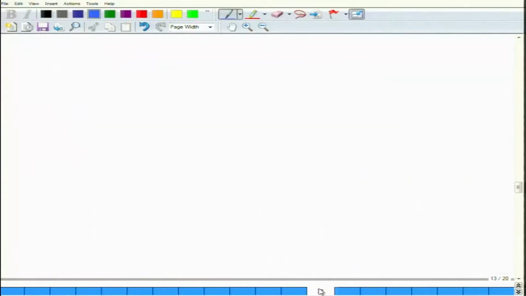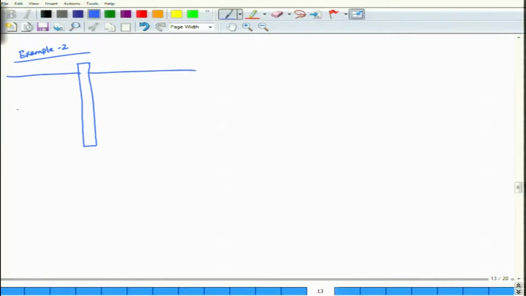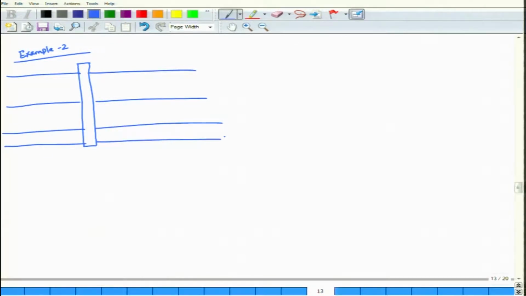One more example, let us consider layered soil, then we can calculate how it looks for layered soil. Example 2, there is a pile here, this is your 8 meter, 6 meter, 2 meter. So, the diameter is your 0.45